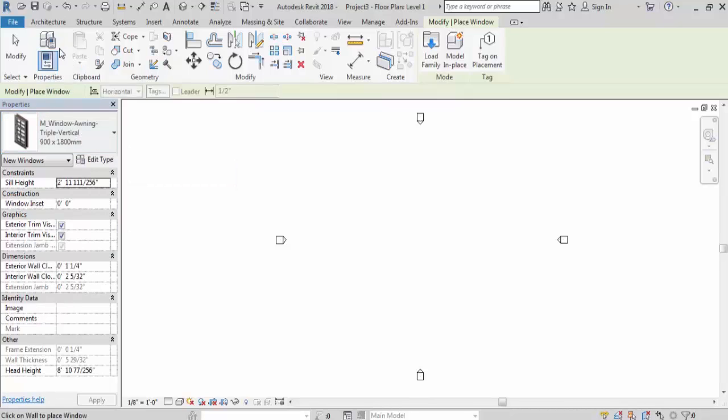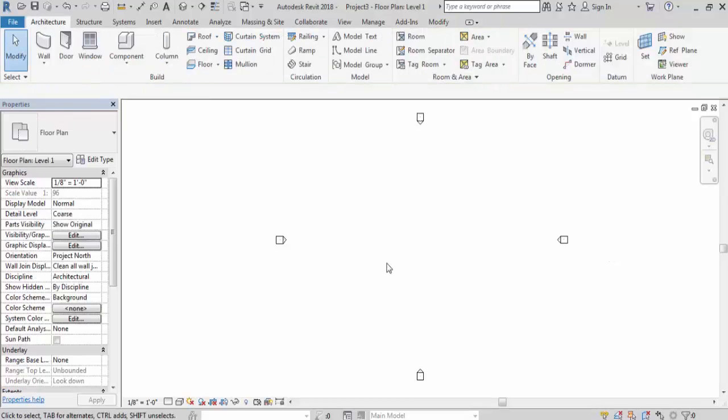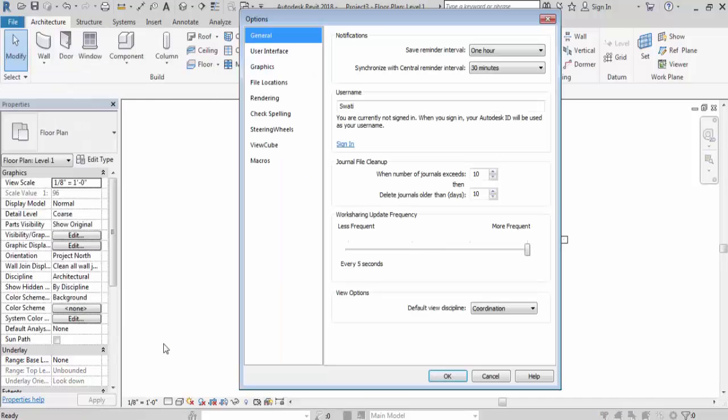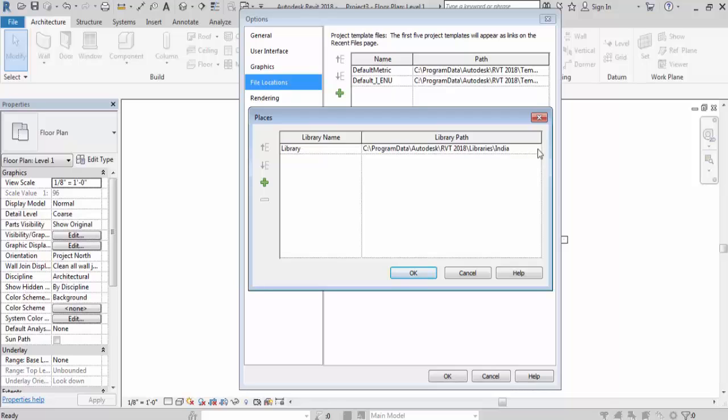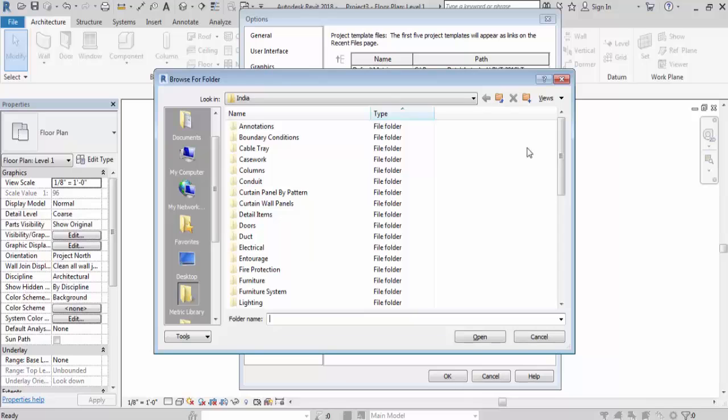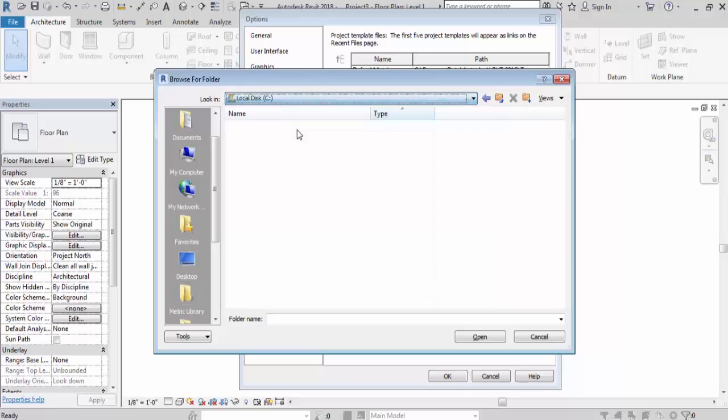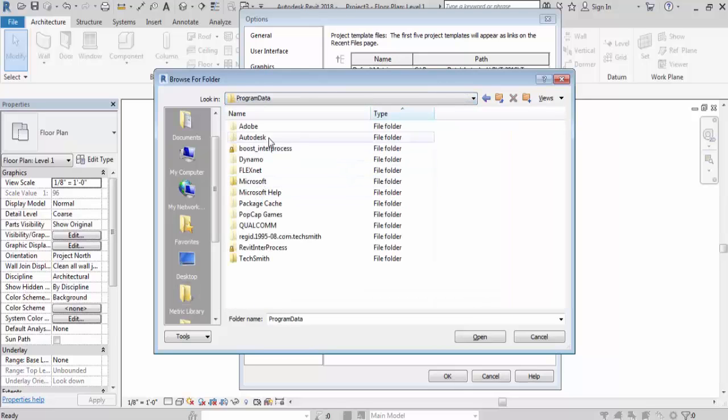I'll show you again. Family, now File Locations. This is Places, click on this Places. This is for template setting. Click on Places. Now click here and after this click on this three-dotted button. Now select C drive, ProgramData, Autodesk.